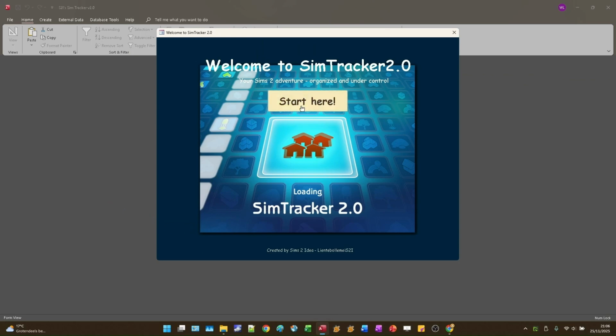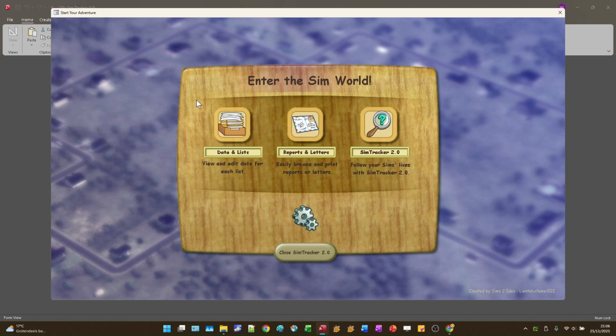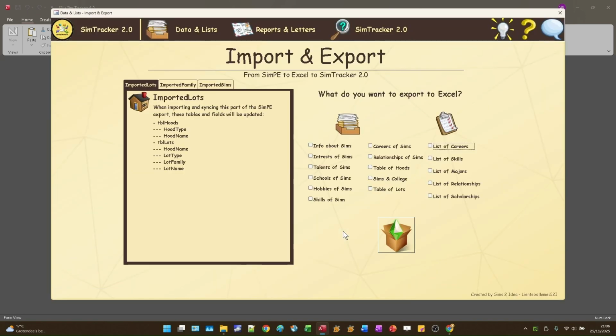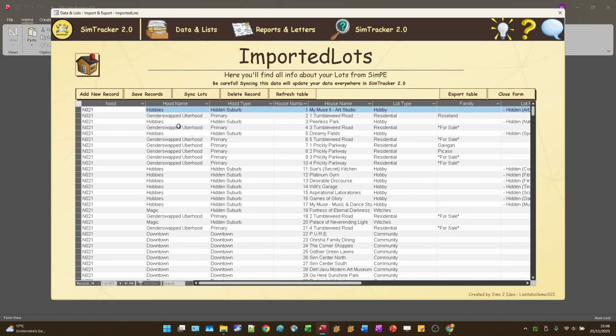You can also click on the houses. Then go to Data and List. Then go to Import and Export, and then click on Imported Lots. You will see there which tables are affected when you are importing imported lots, and you sync everything with the rest of SimTracker 2.0. At the moment, I still have lots imported in SimTracker 2.0, so I will select everything,